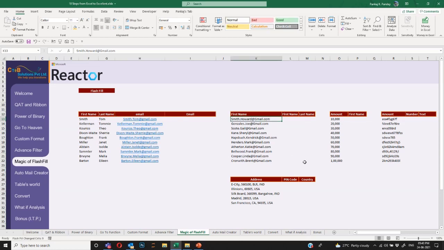Another example of Flash Fill: this is called construction, where we are constructing something using these two cells. Flash Fill will also work in destruction, which means we have some string, some text here, and we want to extract some data. So from these email IDs, I want to extract the first name and last name. I will say Smith, I will say Howard. When I press Control E here and Control E here, it will extract those names for me from that email ID within a second. It will not take more than 2 seconds for you to press Control E.